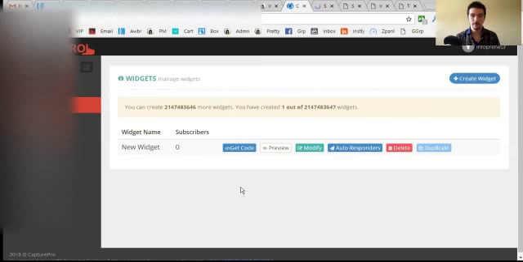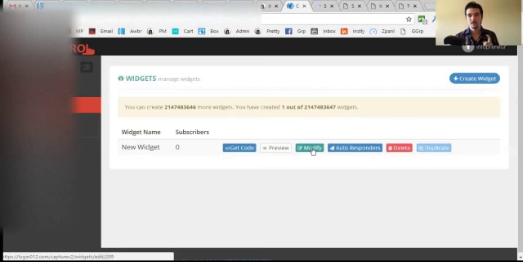So there are 4 different ways, and I'm going to show you a demo in a moment. First, let me just share how this works. You can create as many widgets as you want. These are basically campaigns, and you can modify them as much as you want. The cool thing about this, by the way, is once you install the code on your site, you don't have to do it anymore. You just have it on there, and anytime you want to edit the autoresponder list or the copy or the colors or anything, you just do it all in the app, and it automatically updates the website,